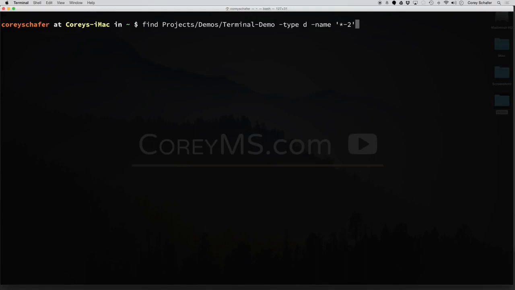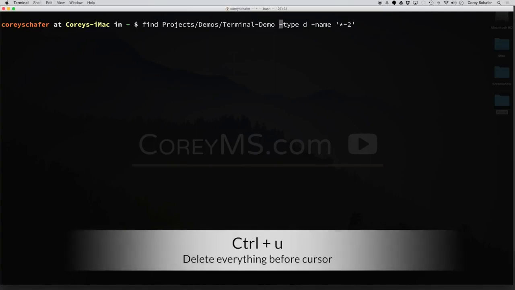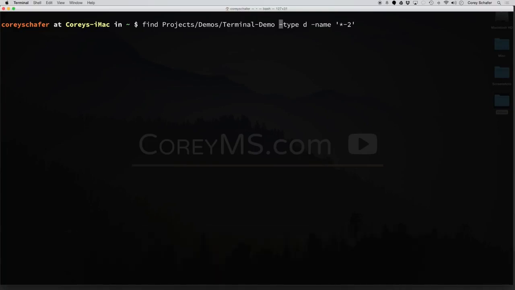Now let's look at a few shortcuts for actually altering the commands. If you hit Control U, then it's going to delete everything in the command before your cursor. So for example, if I hit Control U right here, then it's going to delete everything before this type word right here. So I'll hit Control U, and you can see that it took out everything before the cursor. And now if I bring that back,